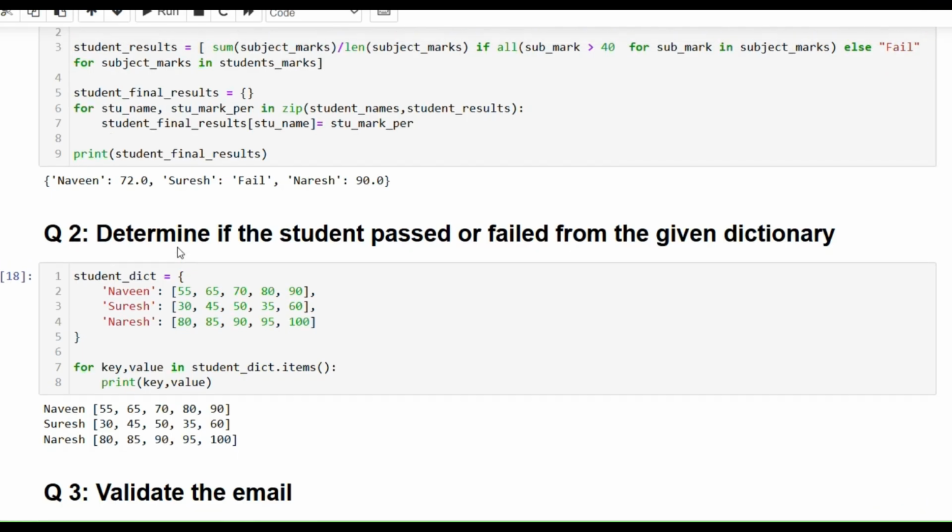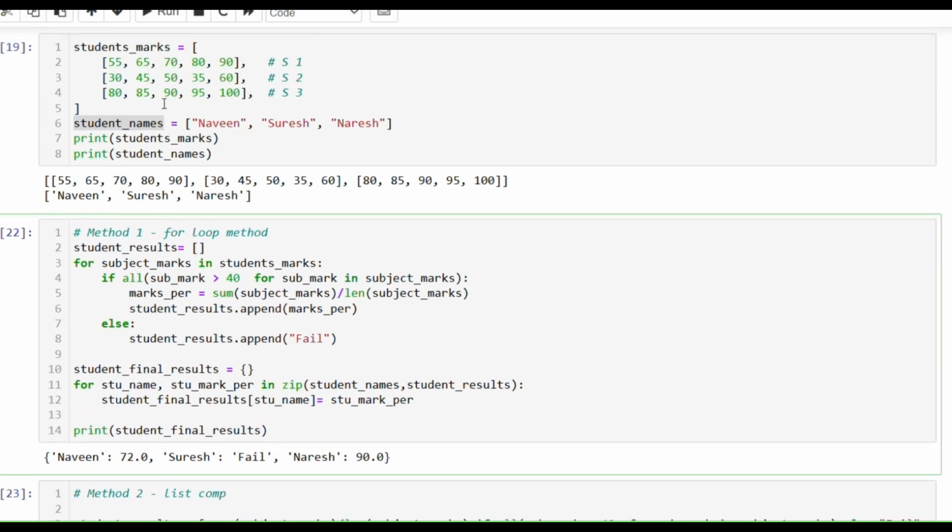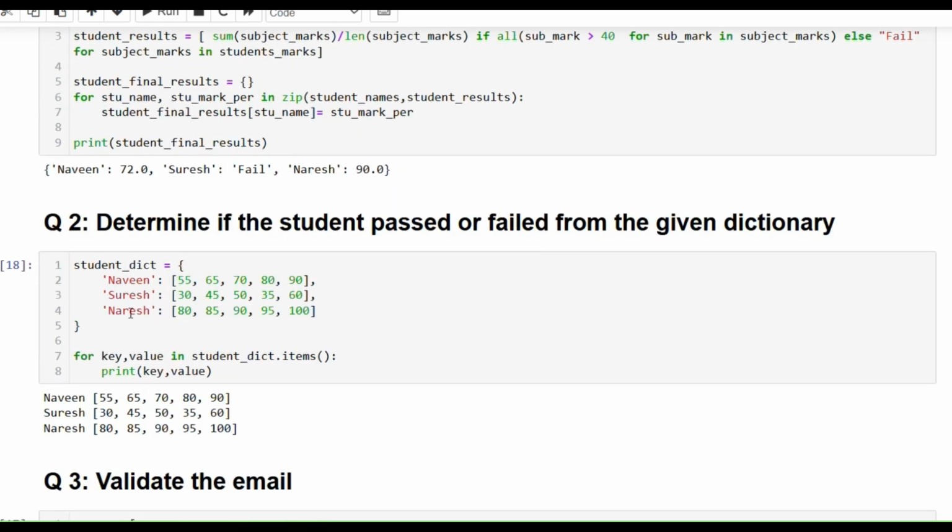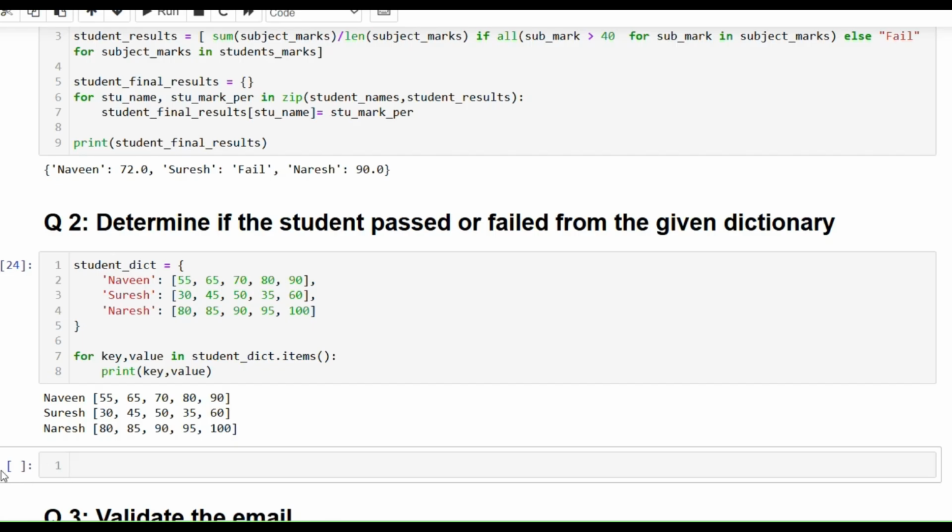The same thing, instead of a list in a list, that is a nested list, they have given it in a dictionary format. Student subject marks or student dictionary they have given, and the same output they are expecting. How will we do this, this is the question. So here also we will have two methods. Method one will be the normal method,